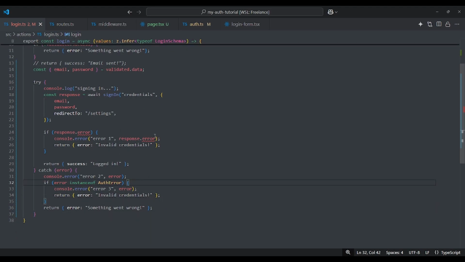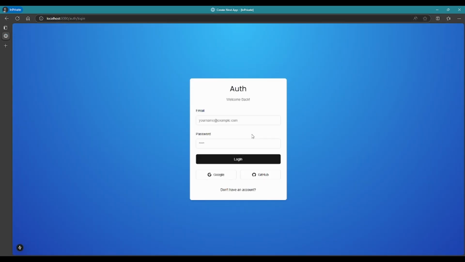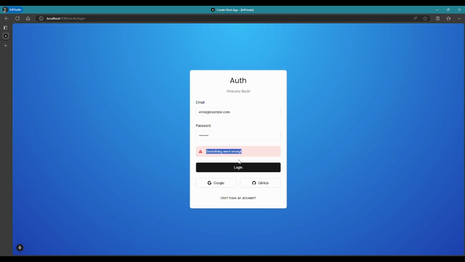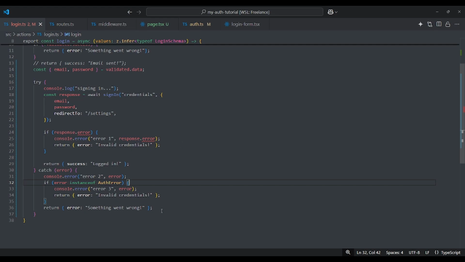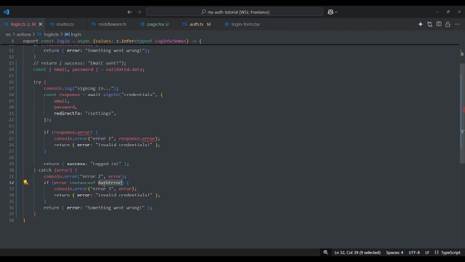I think we can test this in the authentication page in the browser. So let's go there. And I think if I enter it again, we will be redirected to the login form. There you go, we are. And then let's test first the invalid credentials. Example.com, password. Something went wrong. Something went wrong. That means it returns this one. So the error is not about an authentication error. It's something else beyond the verifying of authentication credentials.